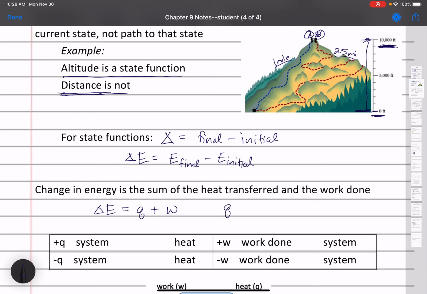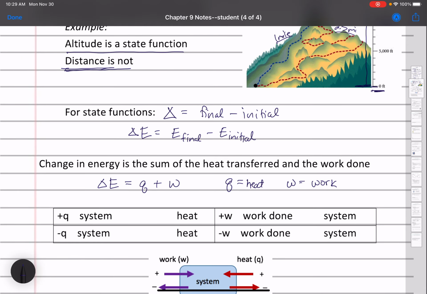So Q, remember, is heat, and W represents work. So heat can be gained or it can be lost. If heat is gained by the system, if the system absorbs heat, then we say that it has a positive